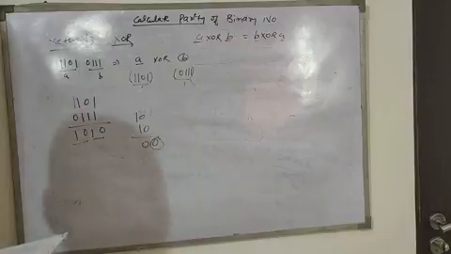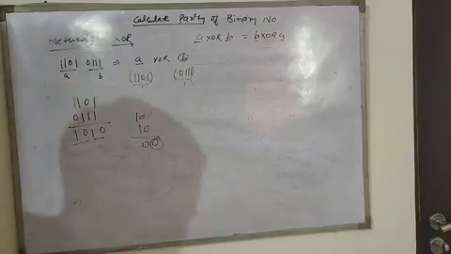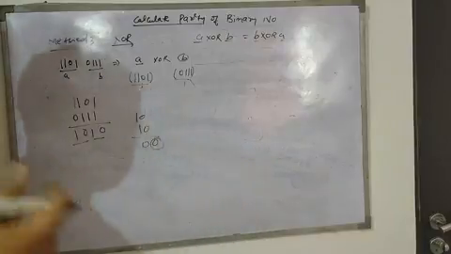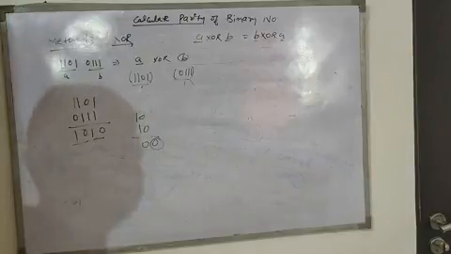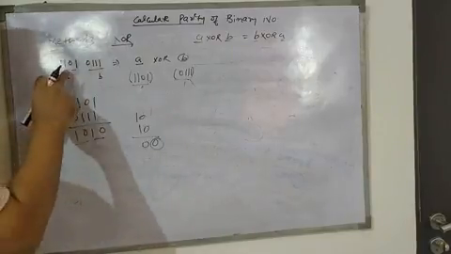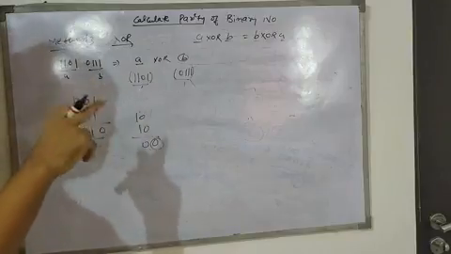Now this is the third approach in which we are going to calculate the parity. Parity means if the number of ones in your number is odd, then your parity will always be 1, otherwise parity will be 0. So you can see that I have a number 1 1 0 1 0 1 1. So number of ones is 6, so its parity is 0.